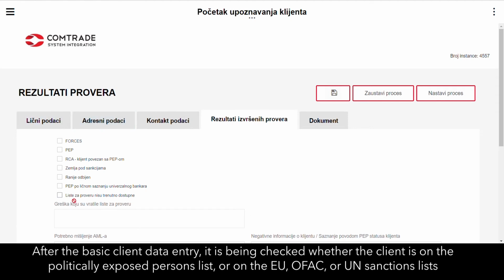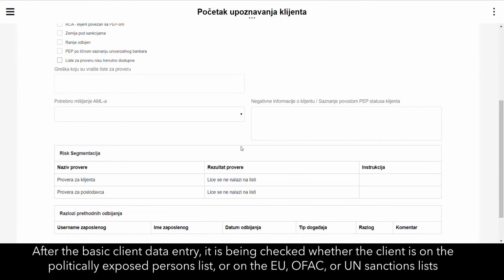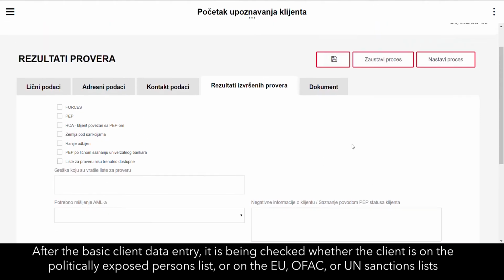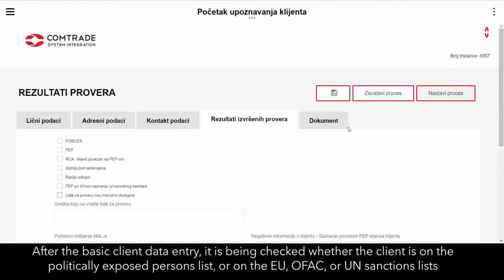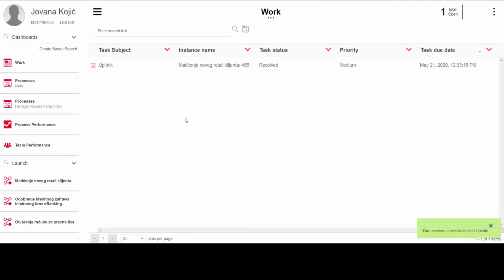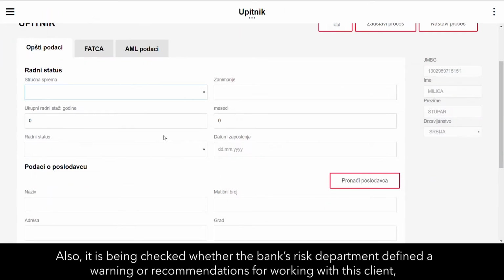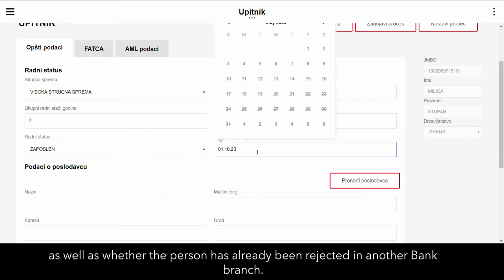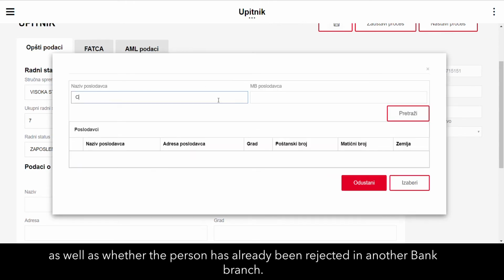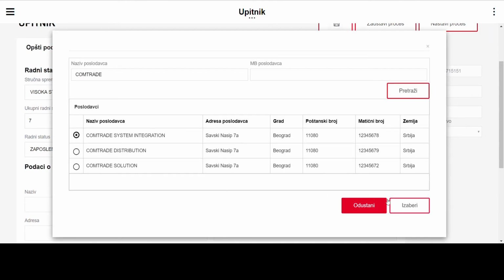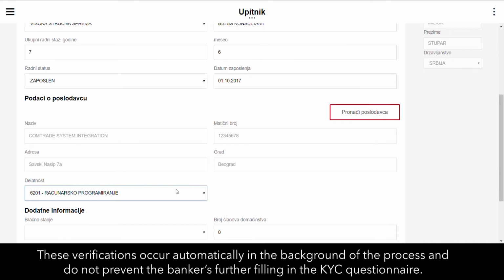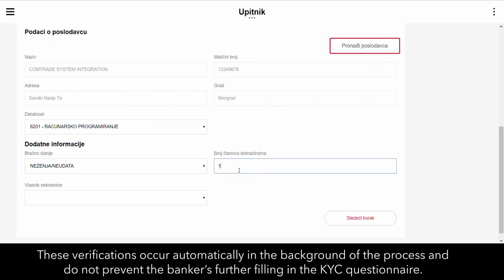After the basic client data entry, it is checked whether the client is on the politically exposed persons list, or on the EU, OFAC, or UN sanctions lists. Also, it is checked whether the bank's risk department has defined a warning or recommendations for working with this client, as well as whether the person has already been rejected in another bank branch. These verifications occur automatically in the background of the process and do not prevent the banker from further filling in the